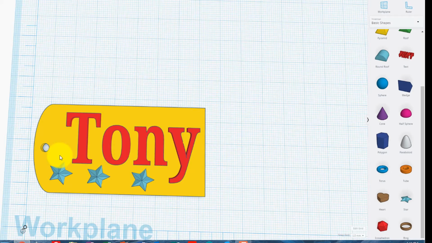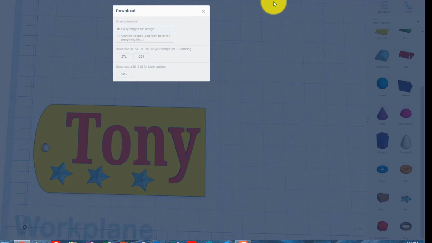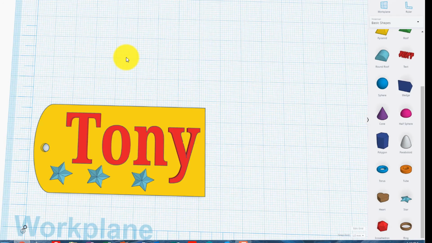From now on, what we would need to do is we'd better go and change the name of it up here. So if I put, there we go, just so I know what it is. So that's Tony name badge, and then if we want to download that for 3D printing, I would go export up here, and I want the whole model, STL,